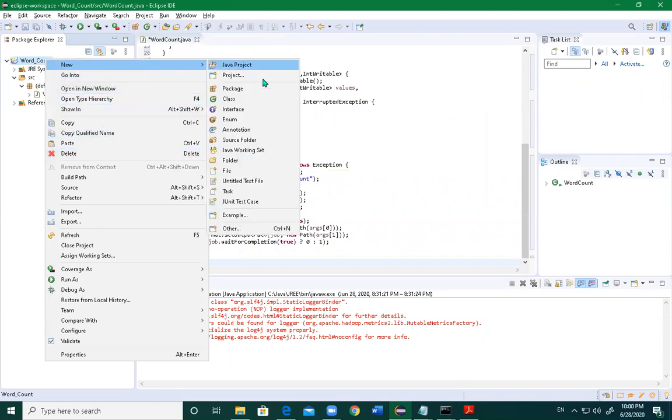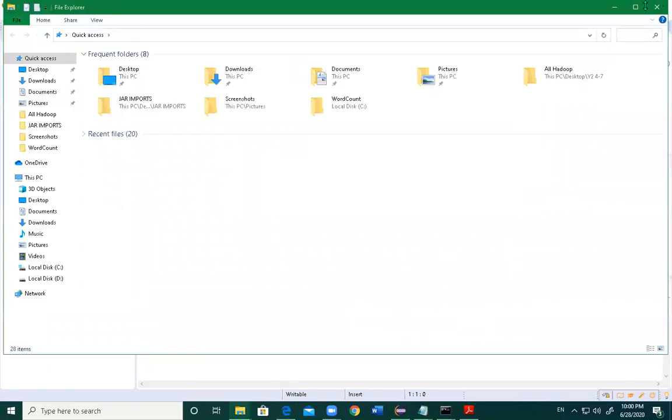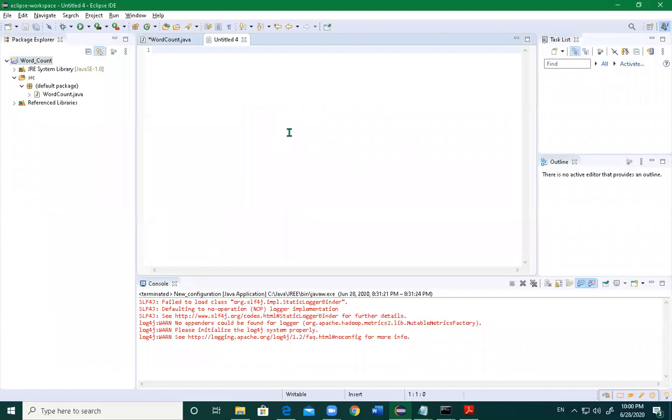Just select new untitled text file. Just write the text which you want to search on the screen. Let's give some words here. All of the words are separated by a comma separator here.